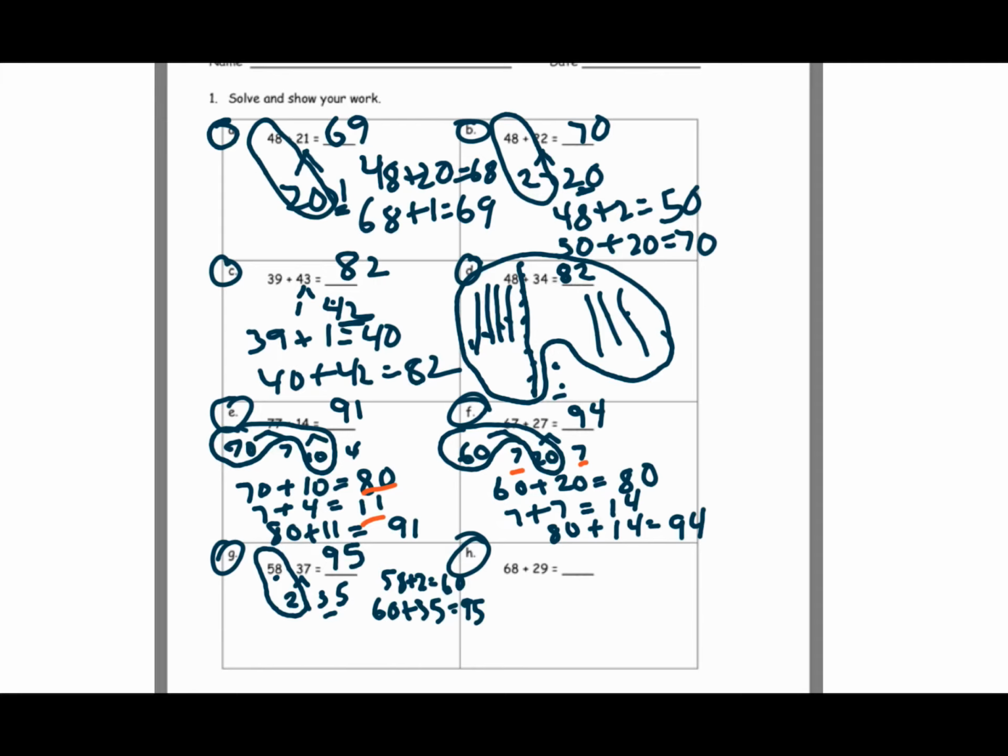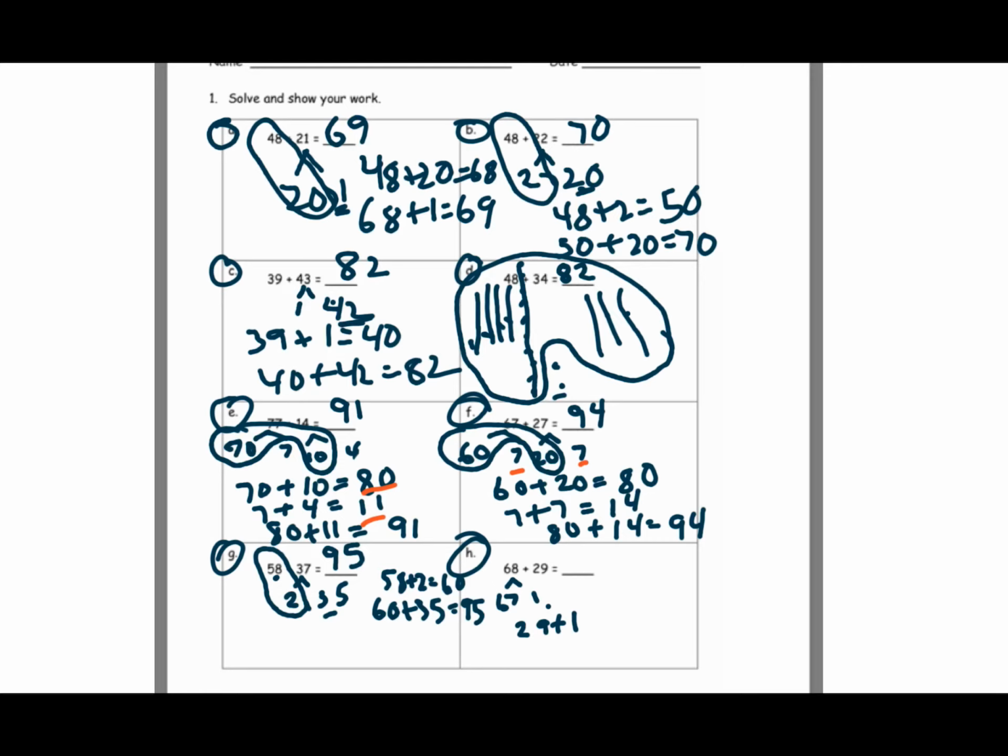And for this last one, again, I see 68, so I'm going to go to my next 10. I'll tell you what, no, I'm not going to do that. I'm going to do this differently. I'm going to go with 29. I just need one more to get to my next 10, so I'm going to go with 1 and 67. So here would be